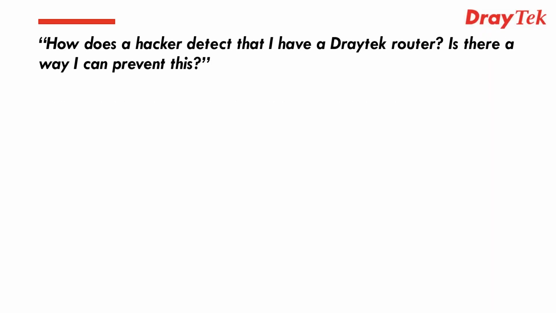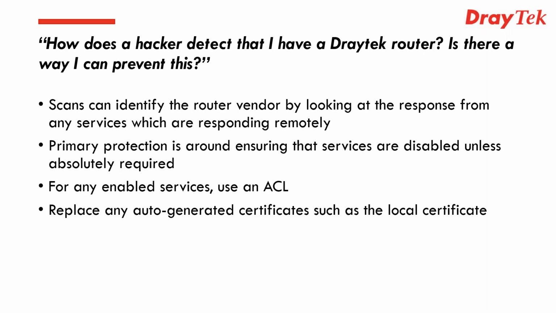Another question is, how does a hacker detect that I have a DrayTek router, and is there a way I can prevent this? So the scanning can look at fingerprints of certain responses. For some services, the devices will respond with what operating system they are. SSH tends to do that. So the key thing to prevent it is to prevent people from having the ability to communicate with the router's services. So ACL is really helpful related to that, and also disabling services that aren't needed, because then that reduces the number of different services that could be monitored and hacked,